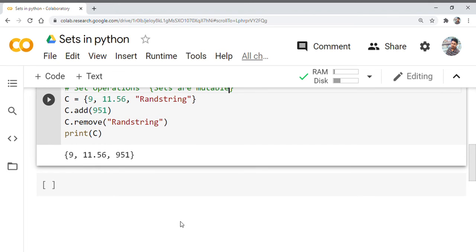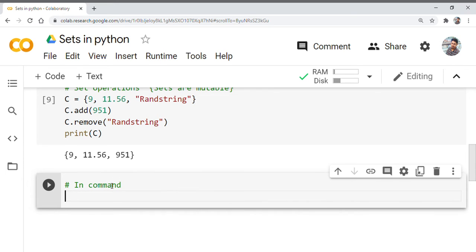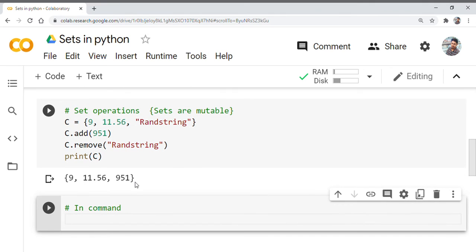All right, and then after the removal we have something called in. So the in command, I will write it separately over here. This command is basically used to verify whether an element is present inside the set or not.